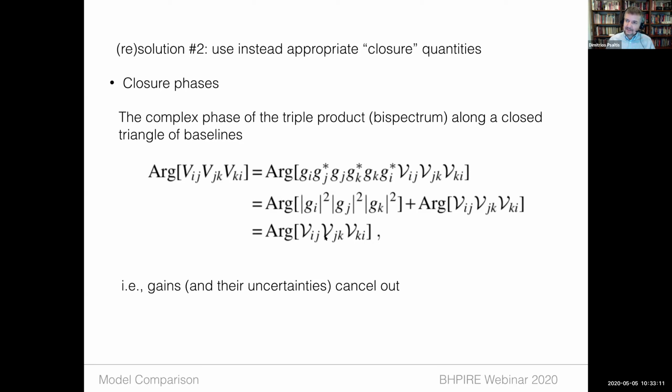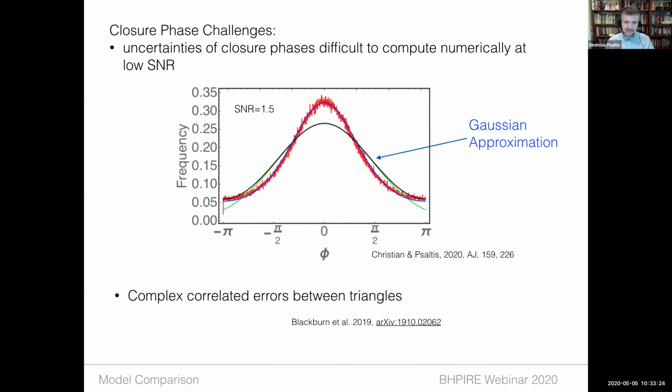So modeling the gains, the incomplete coverage, the incomplete calibration of the telescopes, and the fact that we have to use closure phases introduce additional challenges to VLBI model fitting. The uncertainties of the closure amplitudes are straightforward. They are Rice distributions, and it turns out that there are extremely fast numerical algorithms to calculate Rice distributions, so that's never a problem. Using closure phases, though, introduces two additional challenges, which is, first of all,